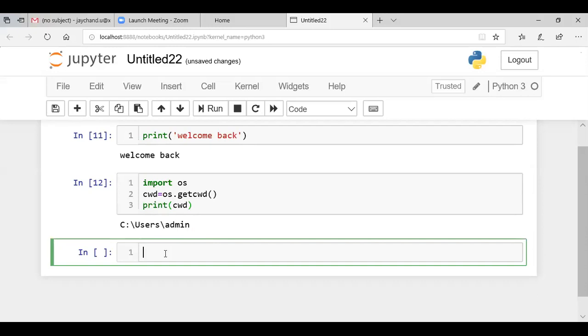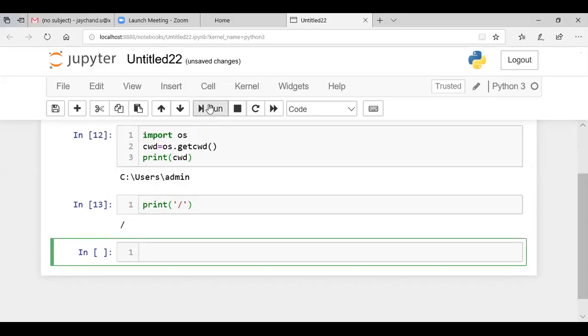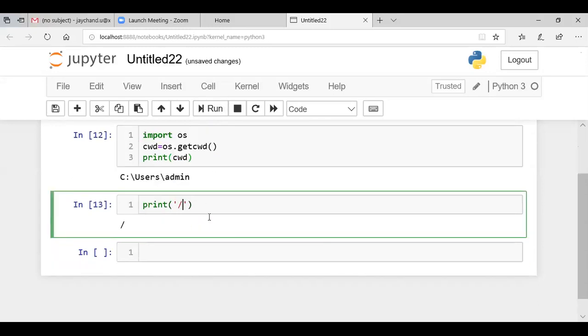Let us try to print some escape characters. Say I want to print this. Whether it is going to work or not, we'll see now. Yeah, this is working. Print the other character, say this one.